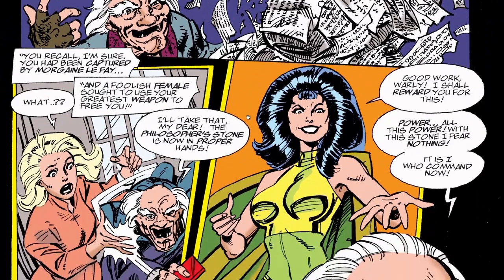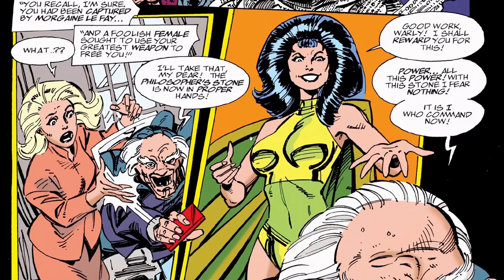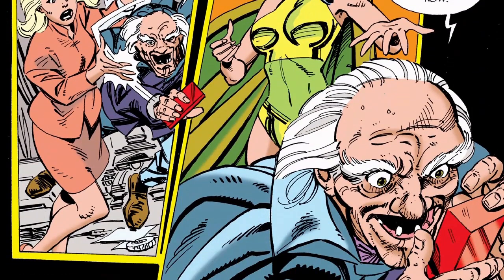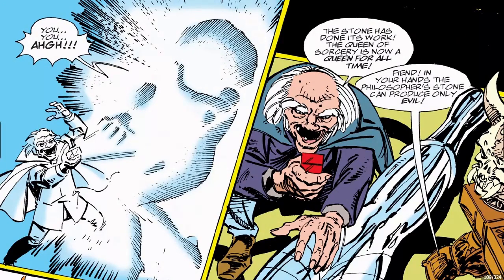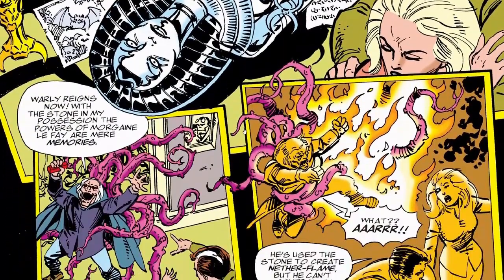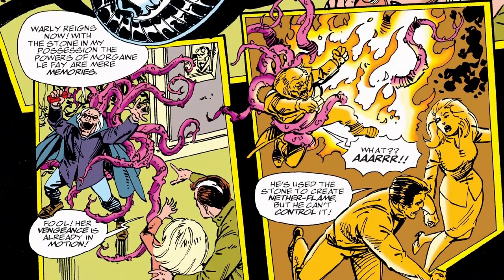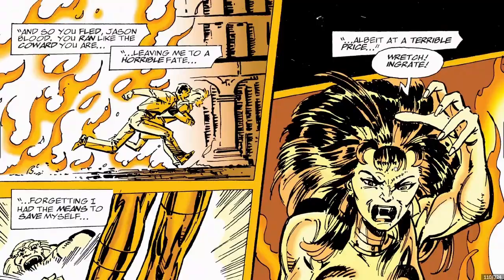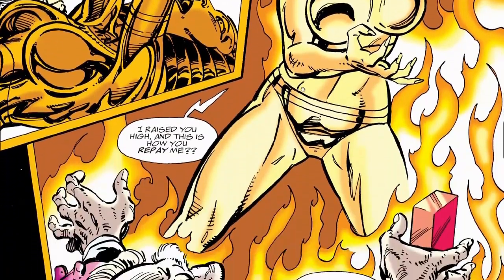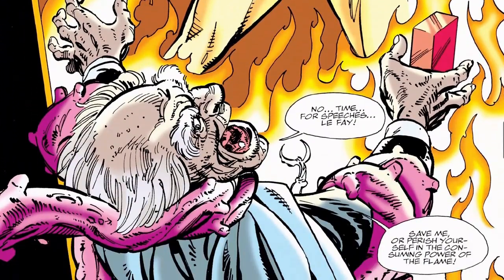And so we get a little bit of backstory of how he took the Philosopher's Stone and gives it to Morgan Le Fay. Worley just craves power, and Morgan, he had used the stone against her. So again, we're just retelling how we're here. So Morgan Le Fay was imprisoned here, and he summons this creature, but things are going wrong, and they escape, but so does Morgan Le Fay, and of course she's angry at him, and